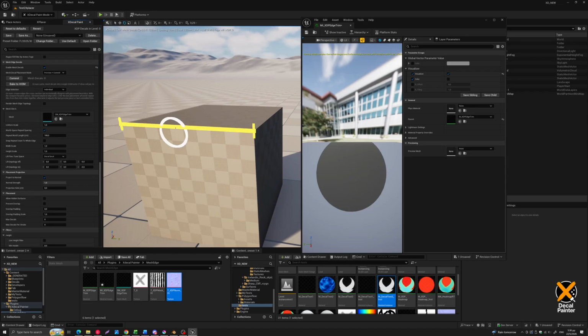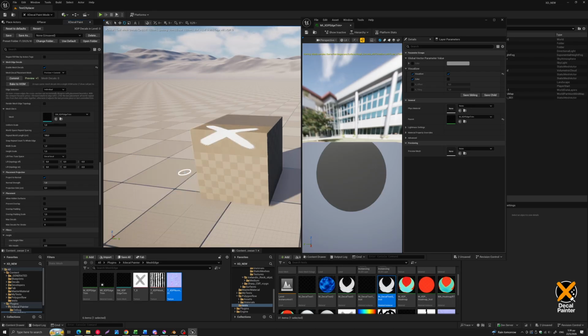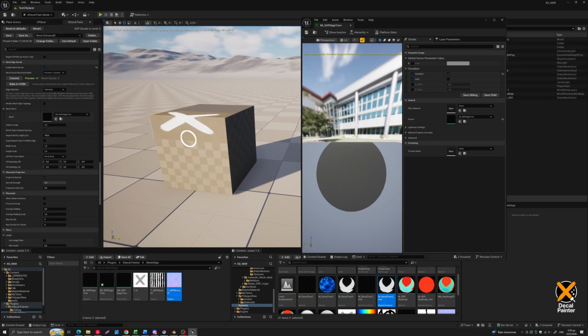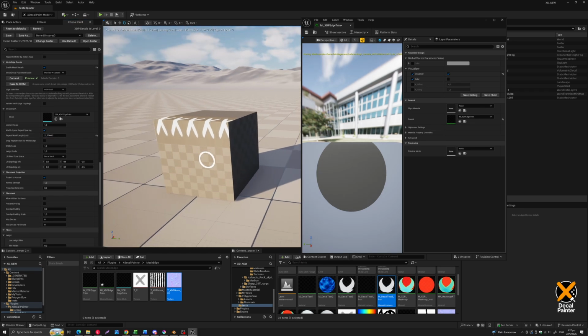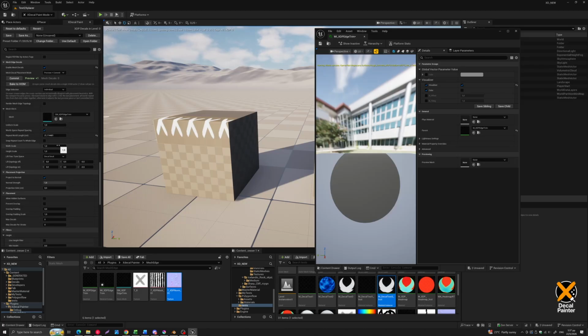As I said, let's go with the individual here. I'm just going to click on an edge, and you can see that we have this sort of floating edge on top of this cube here. So what you can do, of course, is you can play with the repeat world length, which here in the details, you'll see you have the world space repeat spacing. And what this does is it allows you to have a way to control the decal tiling irrespective of the edge length. So I'm going to show you that also in a while, but let's first come here to the